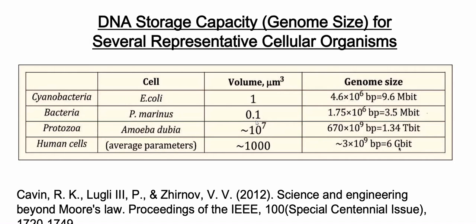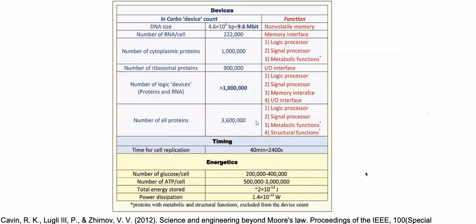The human genome is about 6 gigabit, and the bacteria is about 9.6 megabit. Let's make this calculation and compare our devices. If we take a DNA size of 9.6 megabit and look at it as a non-volatile memory, and the number of RNA per cell is about, this is the memory interface. Remember, RNA is transferring the information from the DNA to the machine. So we have the memory interface of